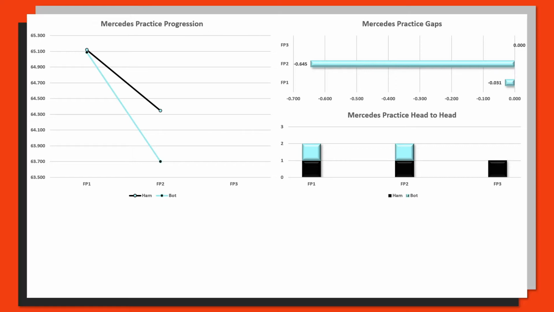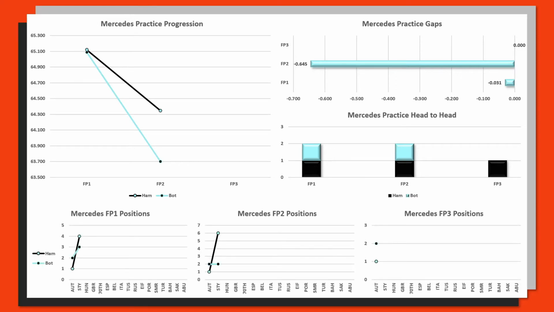And then in the bottom third of this section, I will pull up the FP1, 2 and 3 positions graphs. So we can see that in FP1 and FP2, Lewis Hamilton has had a first place, but then he has dropped down in the next round in Styria, and obviously no round running in Styria for FP3, so unfortunately just 1 dot each. And with this being the general pro forma for today's episode, it has slightly changed up as